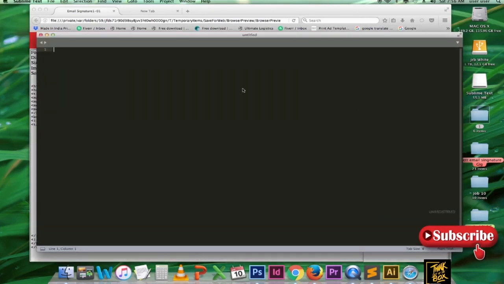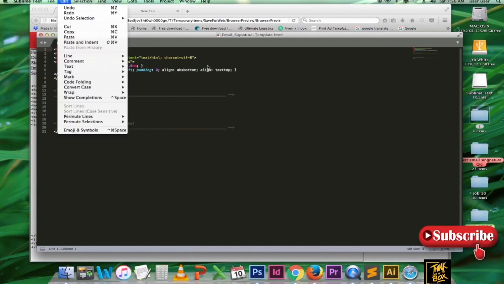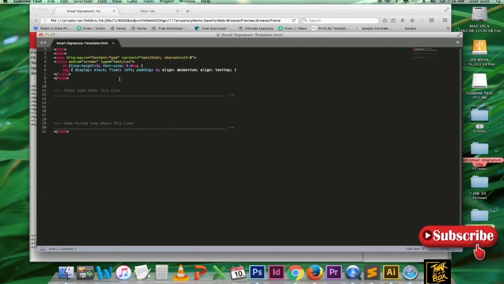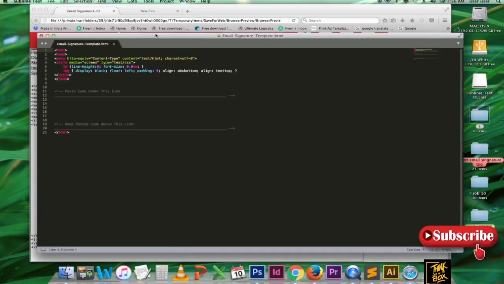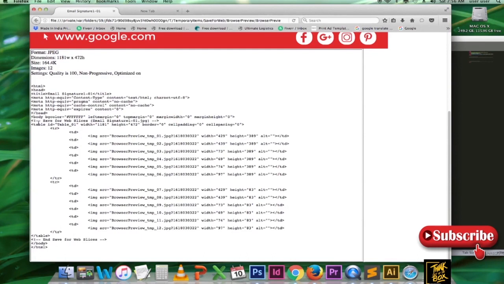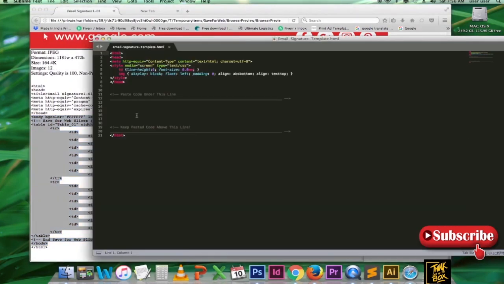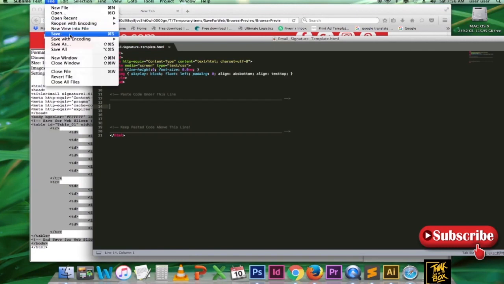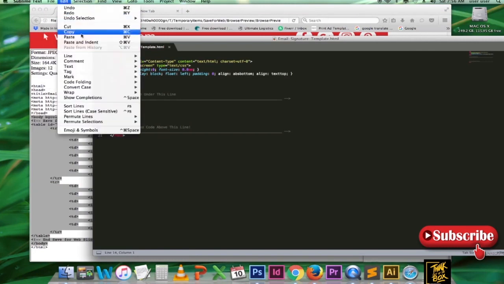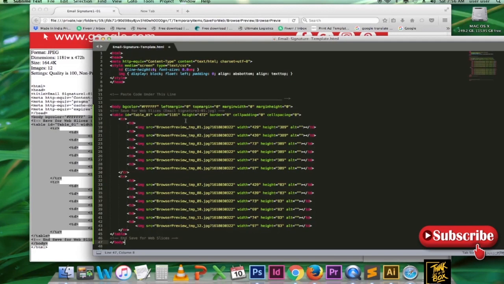After you open that, the blank area will fill with the text which I already made. Now in between those two lines, go to your browser which you opened already. Just copy from the body to the end of the body, then paste it inside Sublime. Just save. Save as.